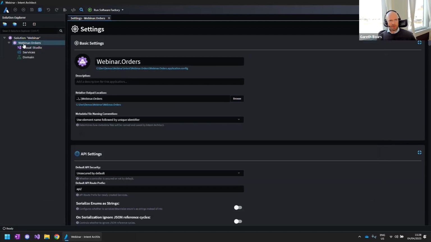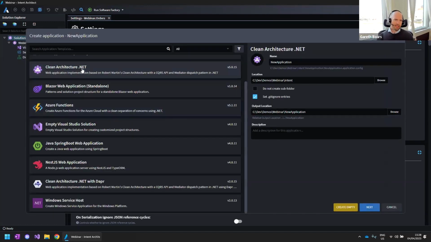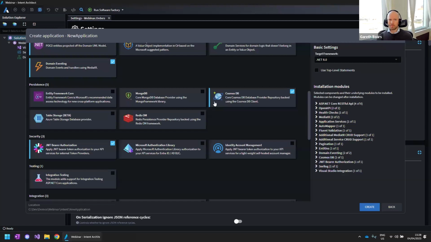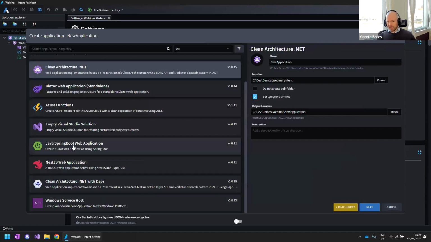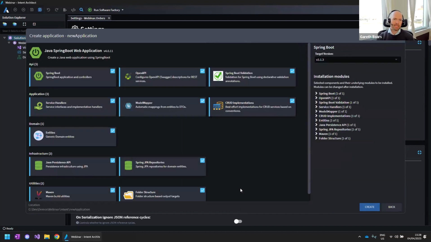All right, guys, so we've got our first application over here. If I was building a microservice architecture, I may need to create another application. If I wanted to, I can make it another clean architecture. That's perfectly fine. If I'd like, I can make it use Cosmos DB or MongoDB or something like that. I can even go as dramatic for my next application as making it switch languages completely and using a completely different tech stack, like, for example, Java Spring Boot.